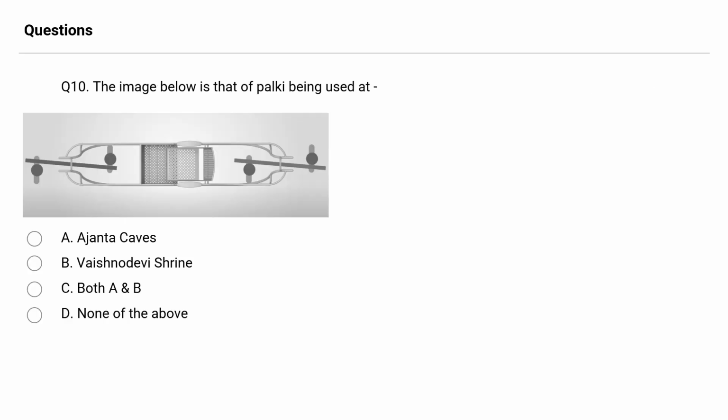So let's come to the final question, and I think it is the easiest one. The question is, the below image is that of a palki being used at Ajanta, Vaishno Devi, A and B, or none. Obviously B. Anyone else? So yes, people are saying B. Very correct. This is at the Vaishno Devi shrine